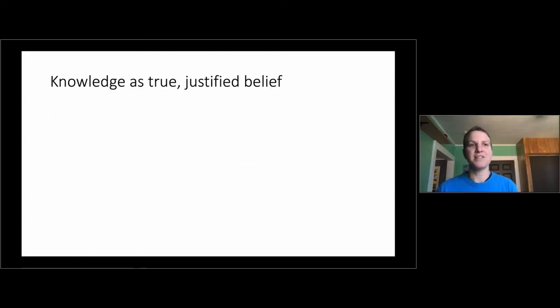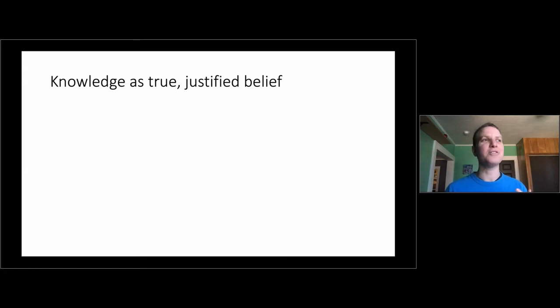Okay, so that brings us to our next section, knowledge is true, justified belief. This is the definition that is sort of viewed as the classical definition of knowledge within epistemology. And there's a whole lot of discussion over whether this is the right definition. And when we are exploring that question,